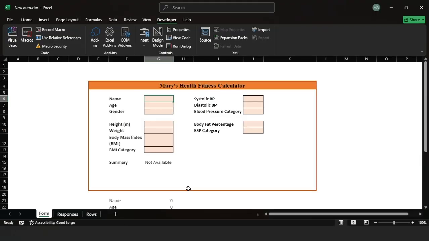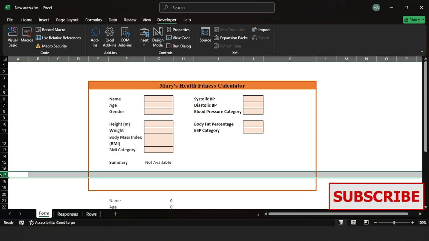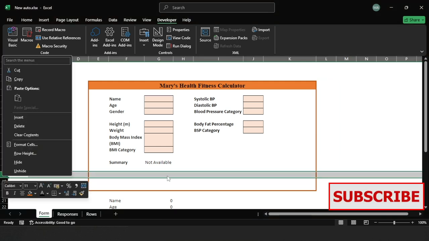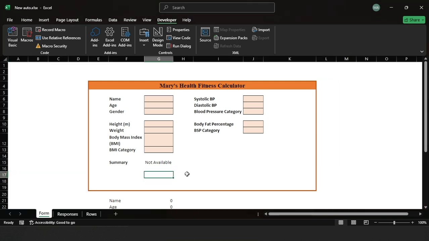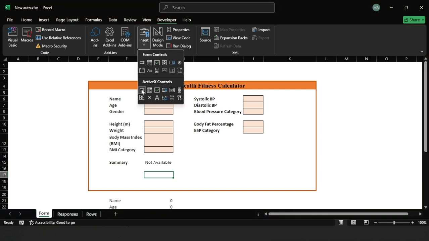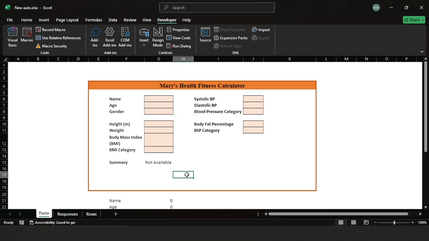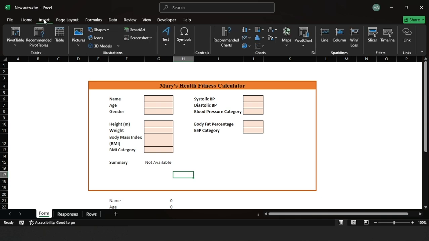There are two ways to create the submit button. You can see that I've inserted two rows here. You can just click on this row and then click on insert so that our form will look much bigger. Either you come under the developers tab, here under the insert you can see the automated one here, but I do not like to use this because this will not allow me to format the color, the shape, the size and all. The best way I do is just come back here under the insert tab menu